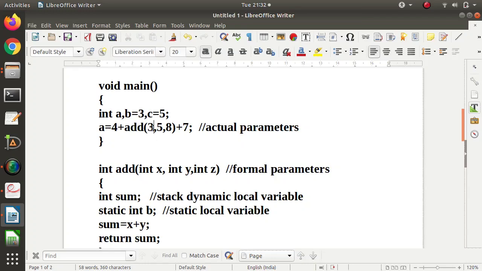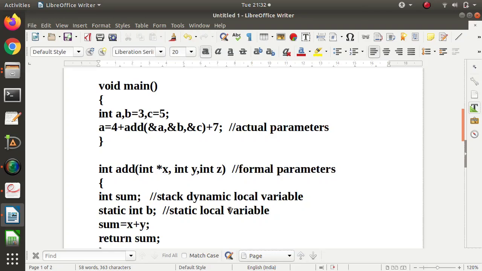So for example, see here we are passing address of A, address of B, and address of C. So as we are passing the addresses here, we are putting pointers, and accordingly the code will get changed here. So here it will be something like star x and star y.